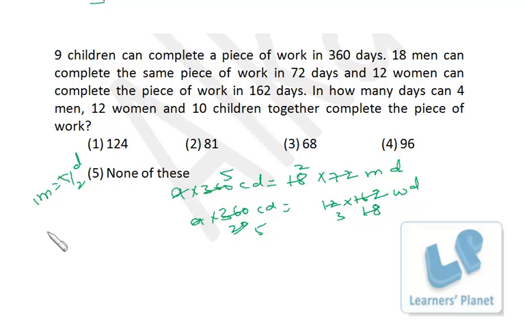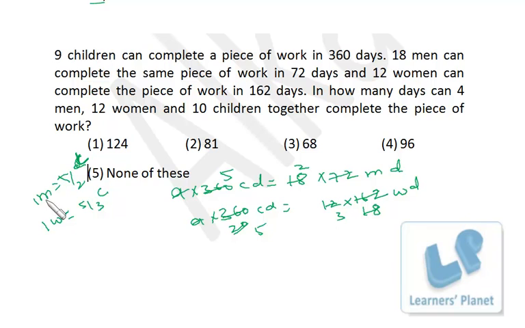That means one woman is equal to 5 by 3 children. One man is 5 by 2 children and one woman is 5 by 3 children. Now here we are having 4 men. So 4 men will be, see, one man is 5 by 2 children. So 4 men will be,